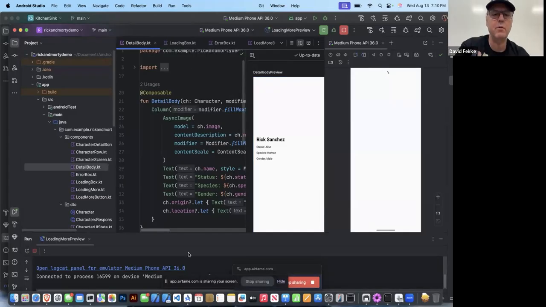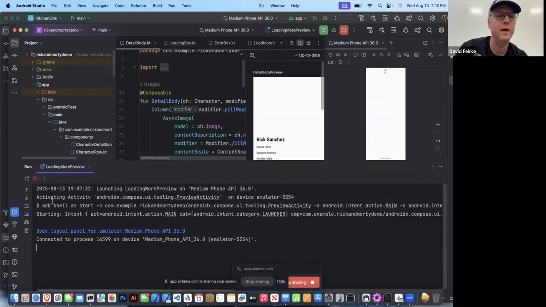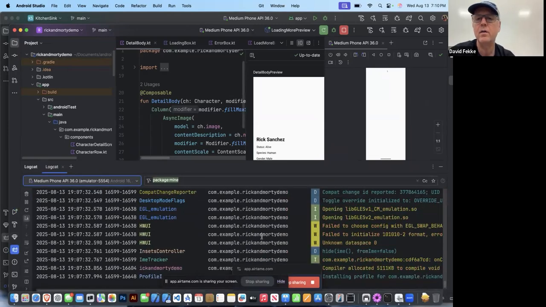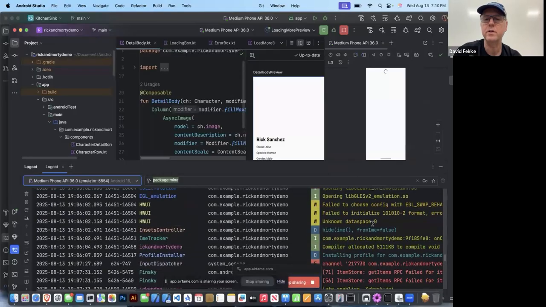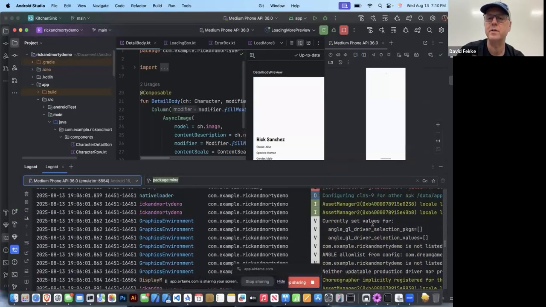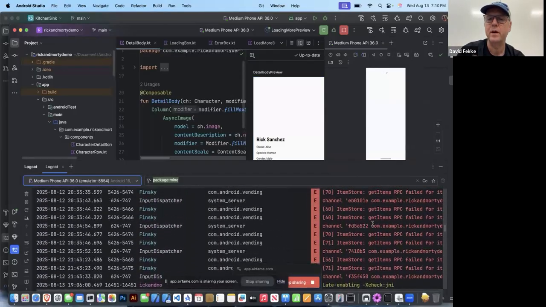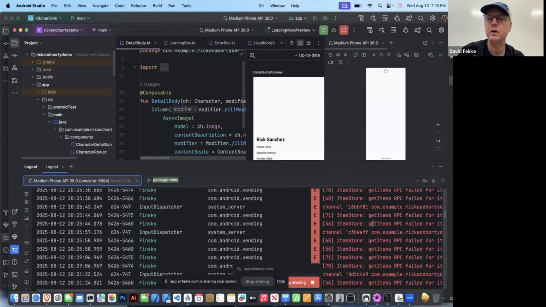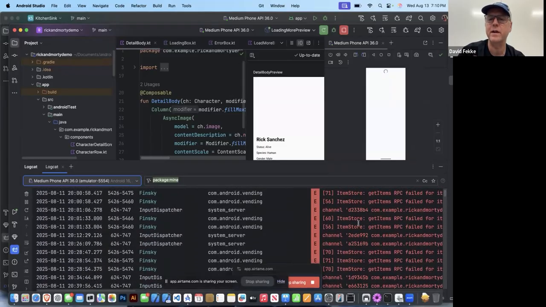The closest thing to that would probably be to look at the logcat. So Android, yeah, they have a, let's see here. On iOS, there's a console that you can also look at to see if there's things that are failing here. This may not be working because this may be blocked on the network here, but it's definitely looks